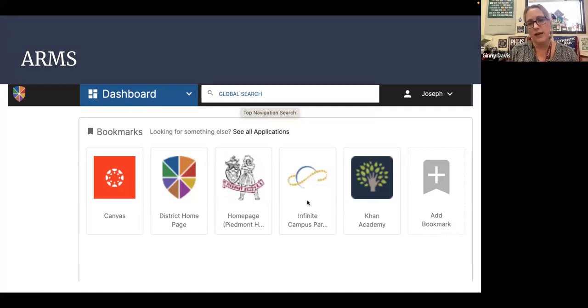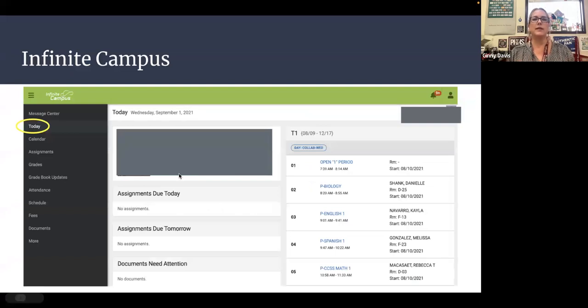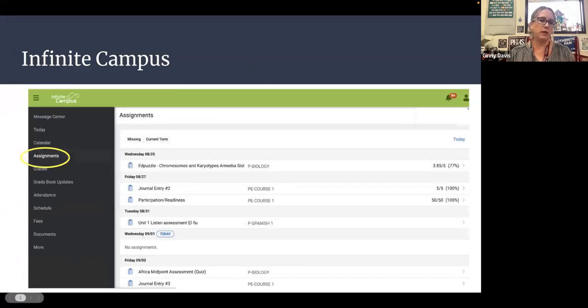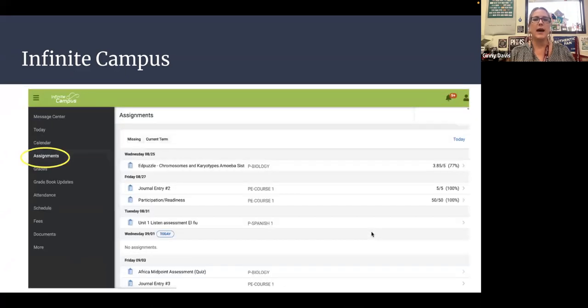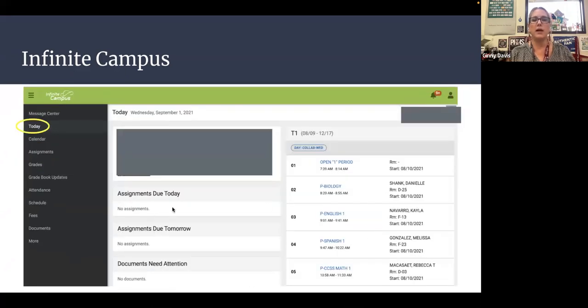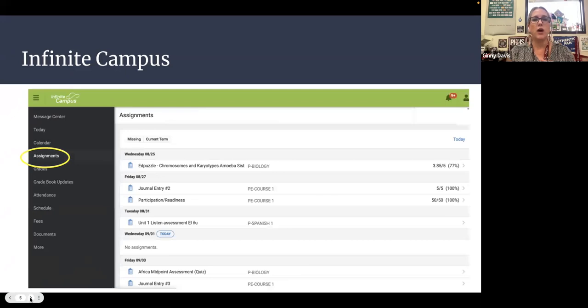And then we have Infinite Campus, which we're about to talk about, and then you have Canvas, okay? When you click on Infinite Campus, this is a couple years old, so you're going to see, ooh, jumped ahead. This is what you see. You click on today, it will show you the schedule for that day. Teachers use this to post assignments. A lot of teachers may not post assignments in Canvas, but some do. You would see this there. You could also go under assignments. Assignments will show you recent assignments.